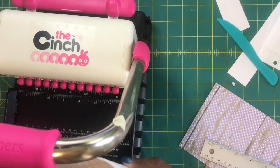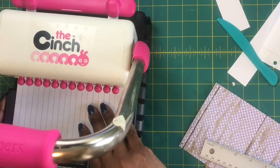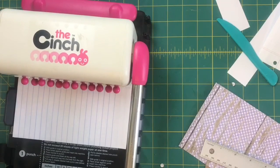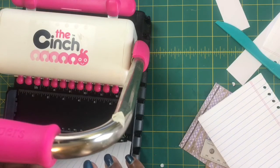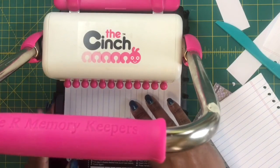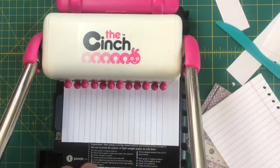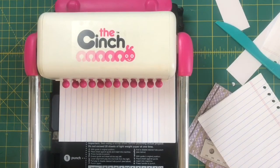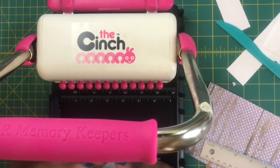And so then to punch my papers, all I need to do is take a stack of paper, leave the setting exactly where it was for the outer boards, put my papers in, come down, trying not to shake the camera, and then I'll do the others. So I'm just putting my paper in and I'm leaving the guide exactly where it was for the outside boards. And then I'm just pulling down and punching through that paper. And now I've got my papers ready to go